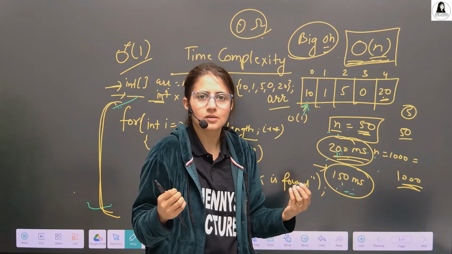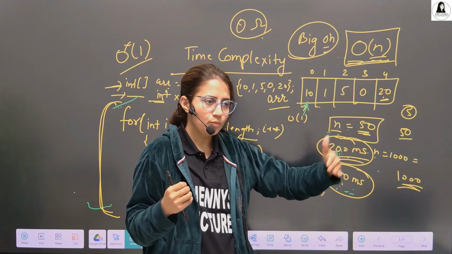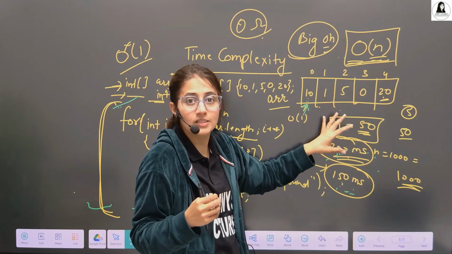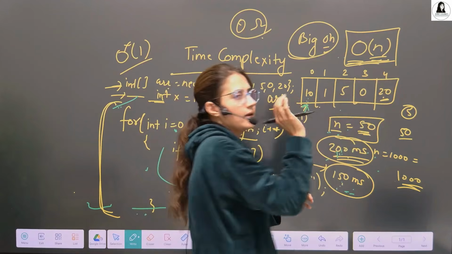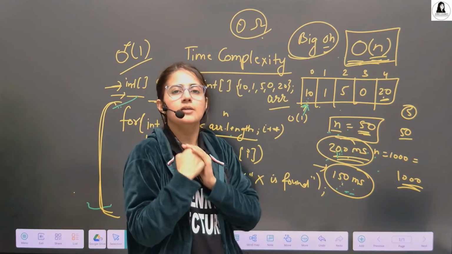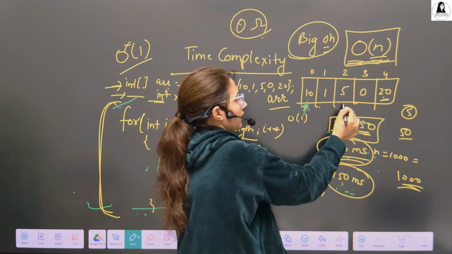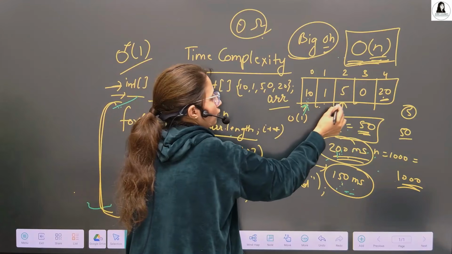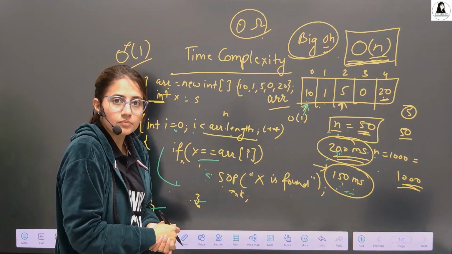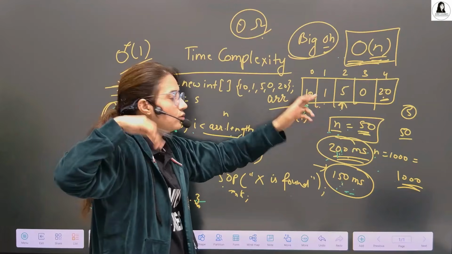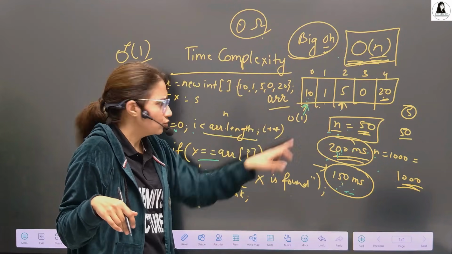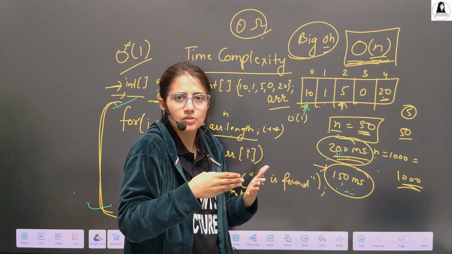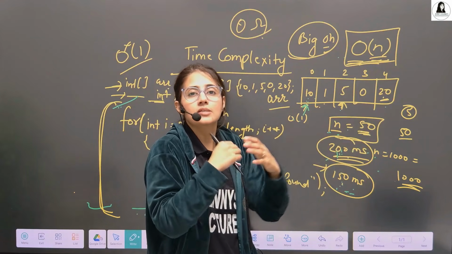What can be the worst in this case? It cannot be more than this. Here the worst case is that the time taken, or the time complexity, cannot be more than order of n. That is for sure. It can be less, maybe you will find the element in the middle. Suppose x is 5, so you will compare 1, 2, 3 comparisons, and you will get it here. You don't have to compare till n. Maybe you get it at first only, so order of 1 is all you need. So this is the best case. If you get it here, this is the average case, not best, not worst, but average. If you get it here, it is the worst case.